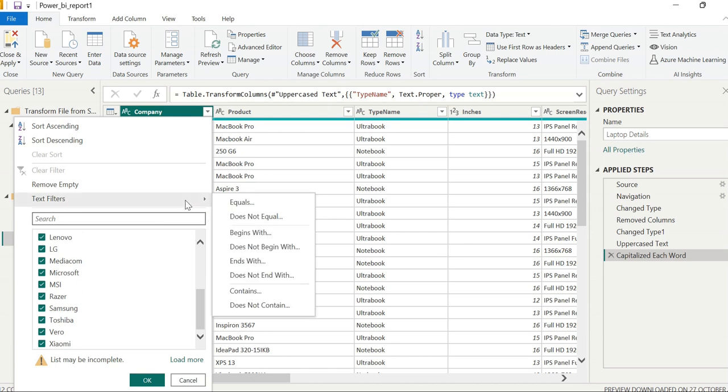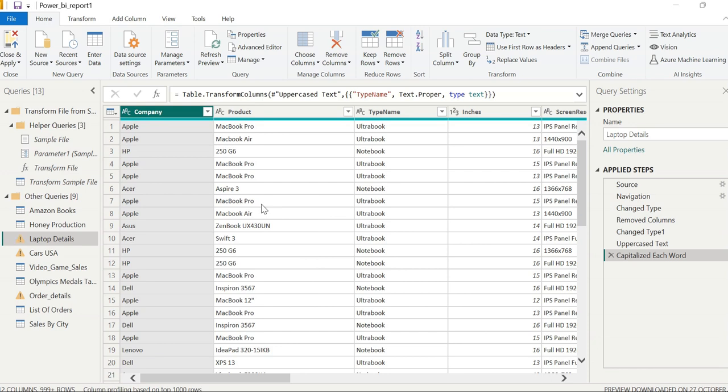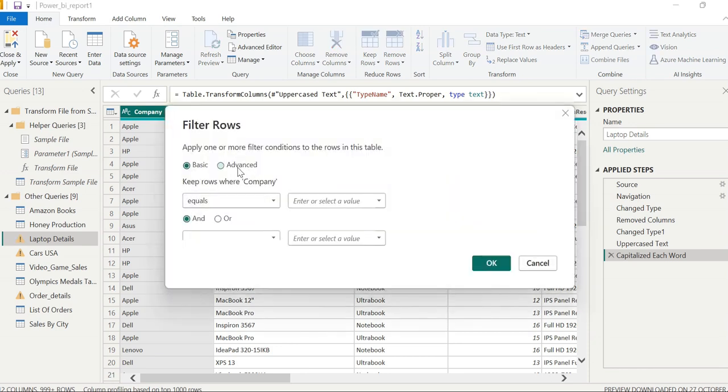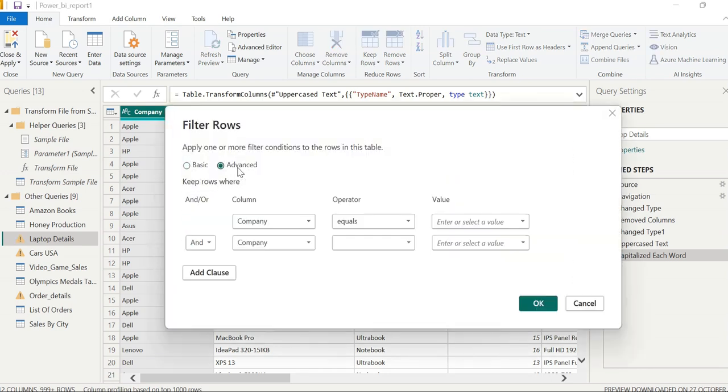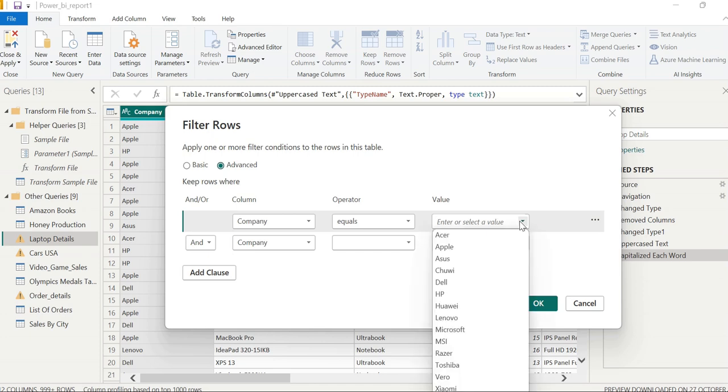So again go to the text filters and click here equals and go to the advanced setting. We will see column name is company here. If I want operation for equals, I have to select a value. I will select the value from the drop down box. I am going to select Apple